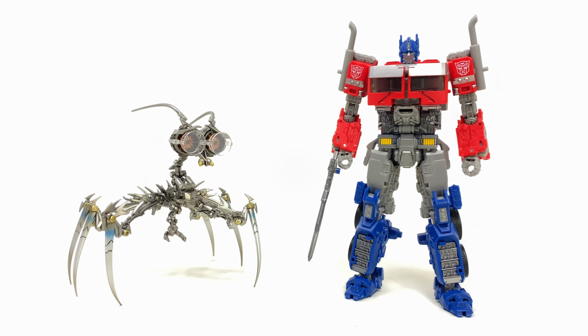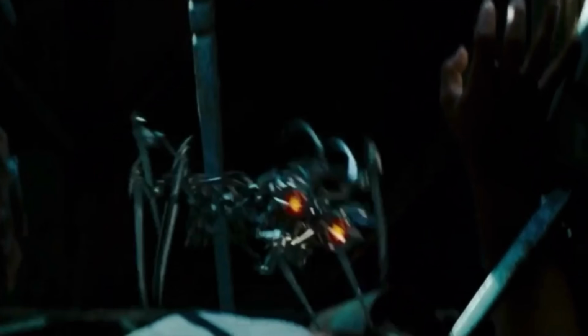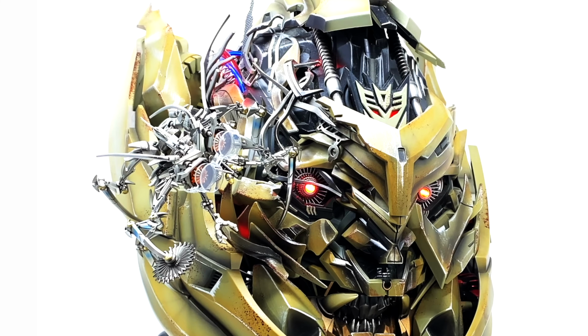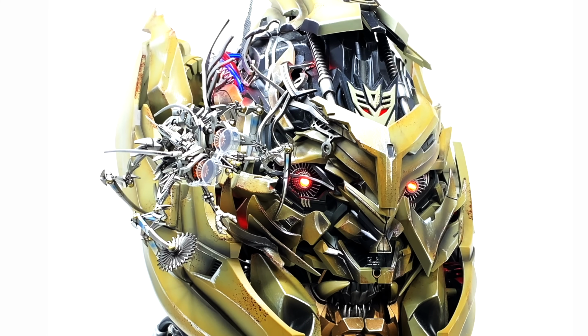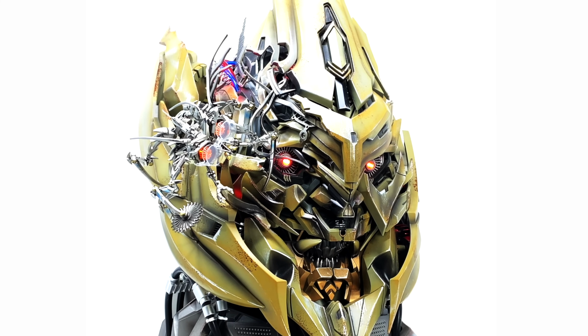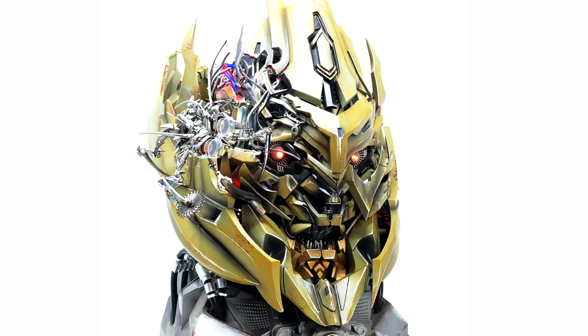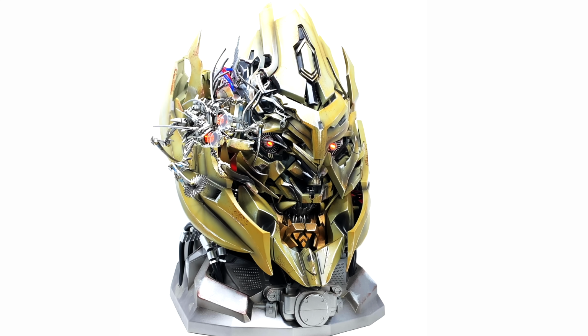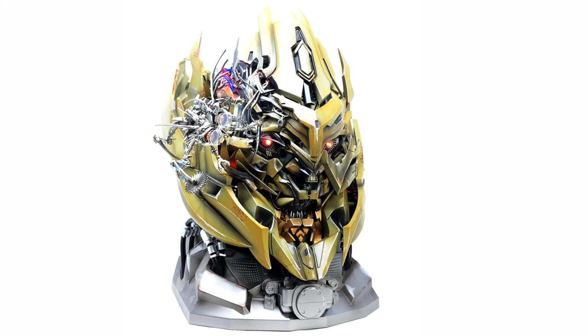Now, comparison-wise, I believe Scalpel is directly modelled after the actual CG design, so size-wise, it's supposed to only scale with humans and their Dark of the Moon Megatron prop replica helmet. I believe the idea is to have Scalpel clinging to Megatron's battle damage to give you the impression that the Decepticon Doctor is trying to repair his leader, something which we unfortunately never saw in the Transformers 3 movie, but just to give you a